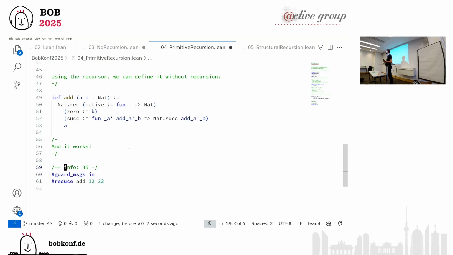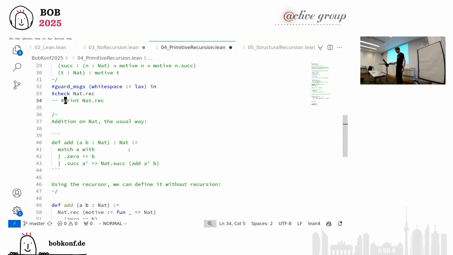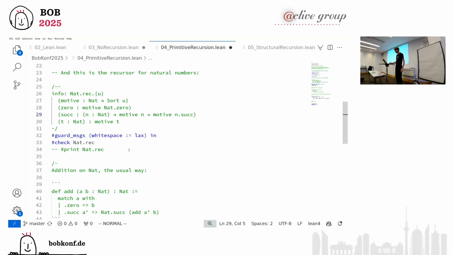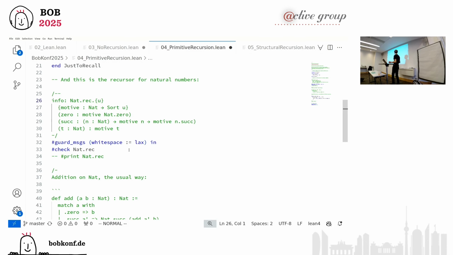What's this motive thing? Good question. As I said, the recursor, you can define theorems with it, you can define functions with it, and because Lean is a dependent type language, oh, I should have mentioned that. It's already so normal for me. For a function that takes a natural number, the type can refer to the number. So, for example, you have a type of vectors of length n, and you have a function that replicates some value n times, then the result of that will be a vector of length n.